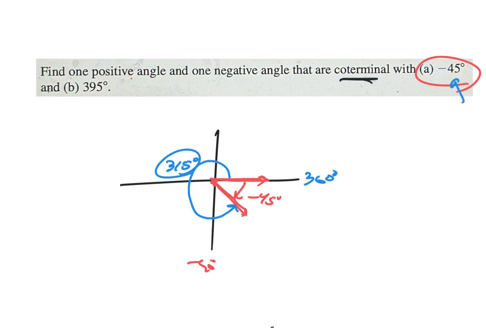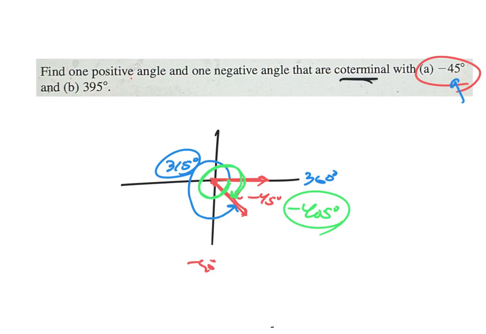Now I've got to find a negative one. To find a negative one, I've got to go in the negative direction. But I can go all the way around and then back to there. If I go all the way around, that's negative 360, and then go negative 45 again, that's negative 405. So negative 405 is the negative angle that's coterminal, which means the two sides are in the same spot, but